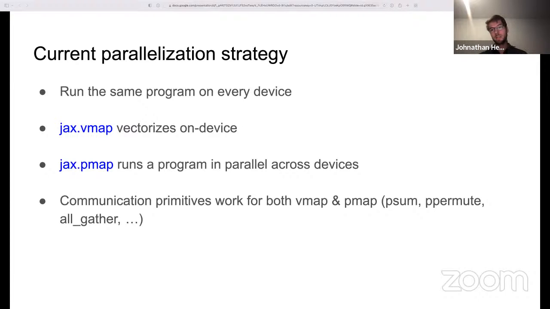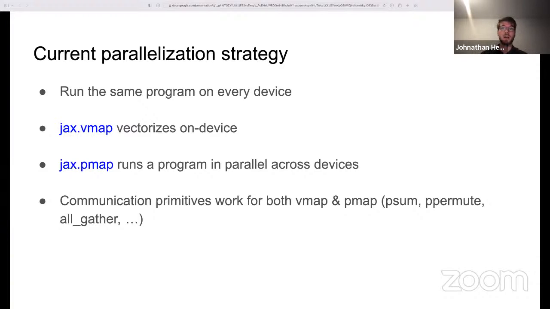So the current parallelization strategy in JAX is that there are two ways to parallelize something. One is Vmap, which allows you to automatically vectorize a program on a single device. This basically adds a batch dimension to your program, which you don't have to manually take care of. That can be pretty nice, especially if you have complicated, perhaps pre-written NumPy code that you want to vectorize. The other thing you can do is use Pmap, which is pretty much the exact same API,